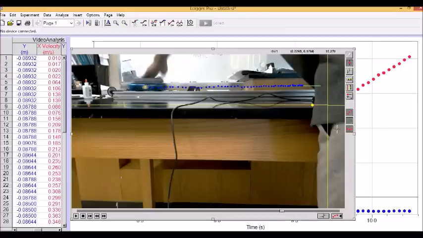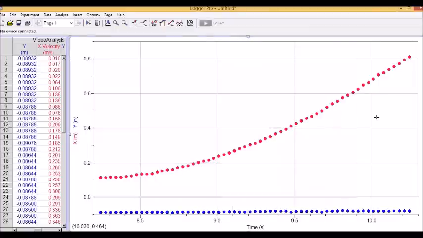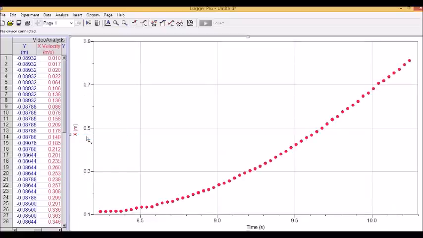So I don't need the video anymore. So now I'm going to click on the graph behind the video, and I should see a nice parabola in it for the x distances. It shows right here my x in meters is the red dots, and my y is the blue dots. Well, I don't need the y, so I'm going to click over here on the y vertical axis part of my graph and just select the x distance. There we go. Now it takes away the y values, and I just have a plot of